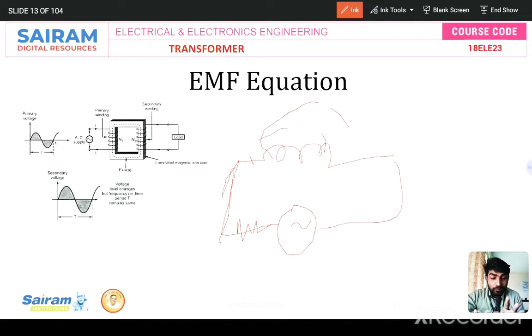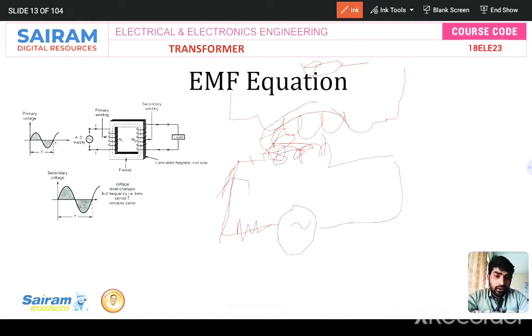Okay, there are two types of induced EMF. One is statically induced EMF and the other is dynamically induced EMF, that is different. Here we have self-induced EMF and mutually induced EMF, right? That is self-inductance or mutual inductance. You place another winding or number of turns near the first one. What happens? This flux links with the secondary side and induces EMF in the secondary side because of mutual flux linkage from primary to secondary, right? The supply we are giving produces flux over here and induces EMF in the secondary side due to mutual flux linkage.